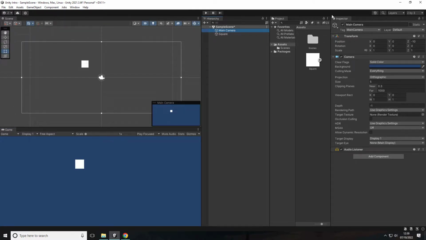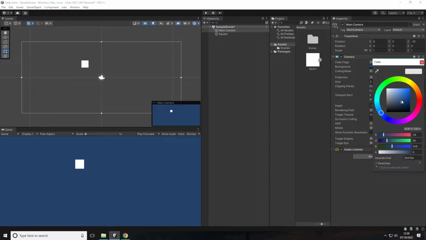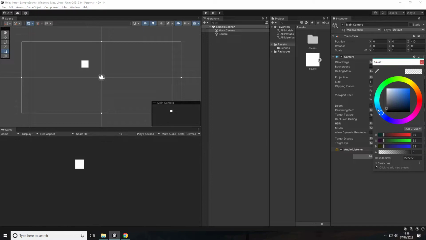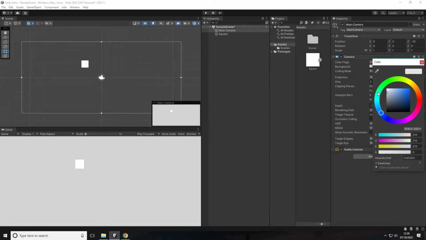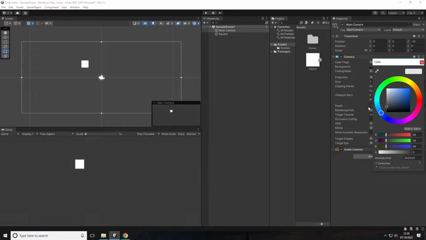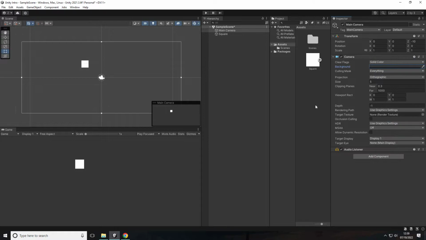So here's where you will be manipulating all of your game objects. So for example, let's start with our camera, and I will simply just change the background color. So this is always a good practice. I suggest, when you start working on your projects, just start with like dark gray, or like kind of like bright gray, like one of these colors. It's always a good start. I tend to start like this, and then